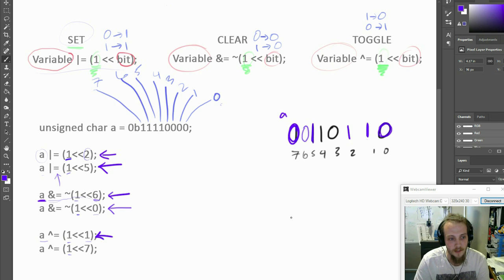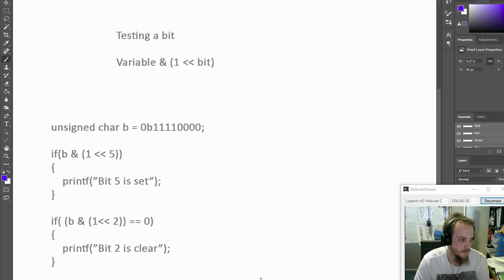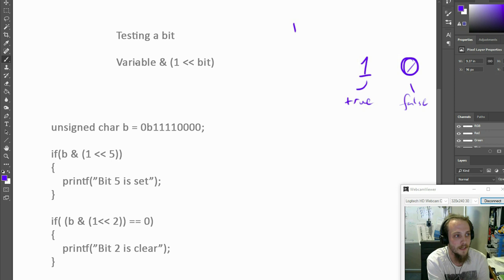Alright, there's one little bit more, one thing more with bit manipulation, and this is testing a bit. So we can put a test inside of an if statement to check if a bit is a 1, and this will check if it's a 1. Now, what it will return is if the bit's a 1, it will return a 1, and if the bit's a 0, it will return a 0. Okay? And remembering that 1 is true and 0 is false,